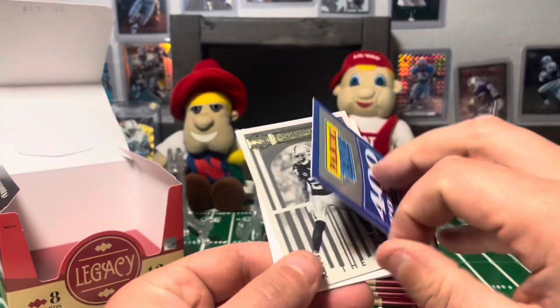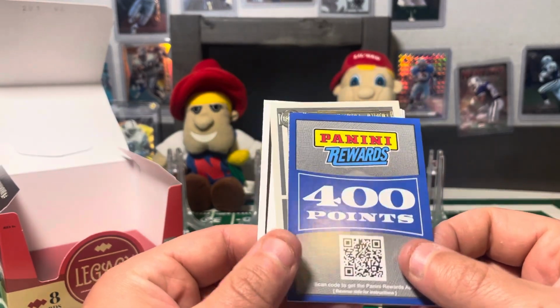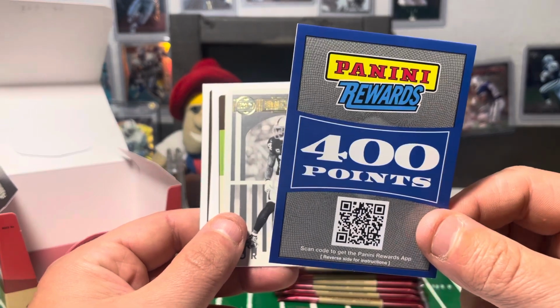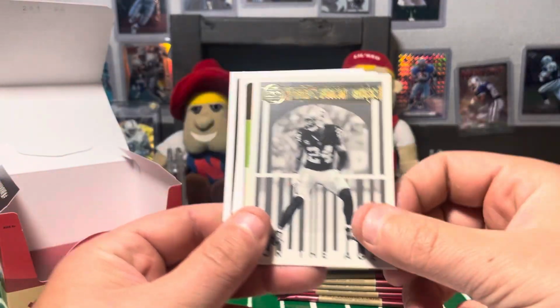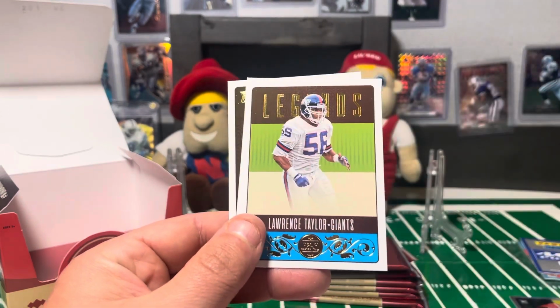Oh, and we got points. So there's 400 points. So one auto down, I guess. Charles Woodson, kind of disappointing, but at least it wasn't a 250 like you've been getting out of all these